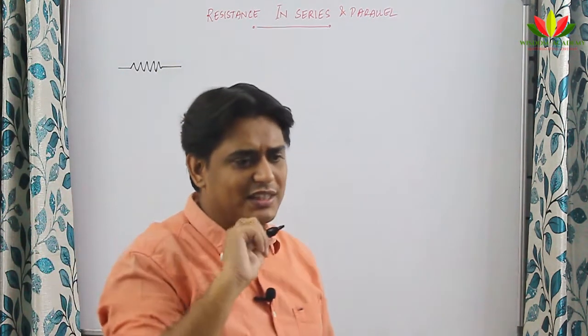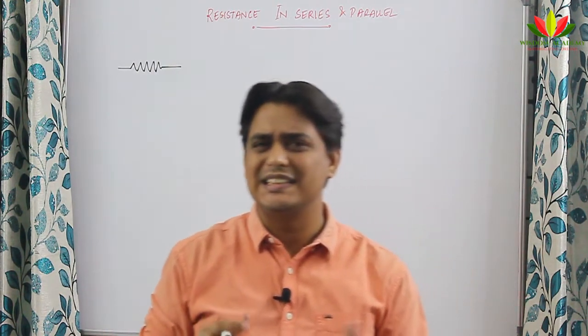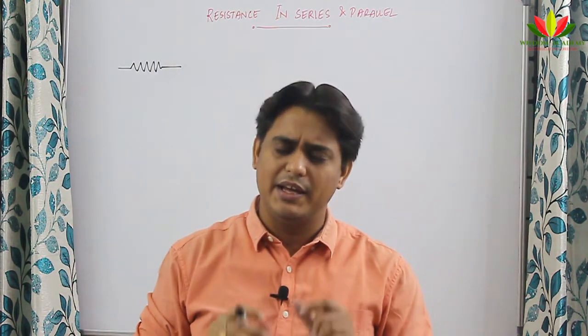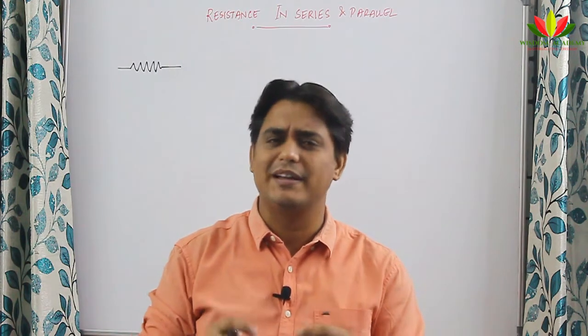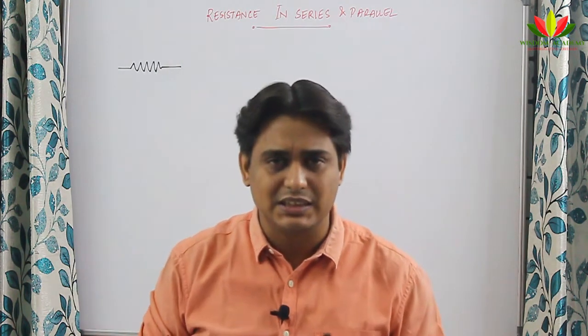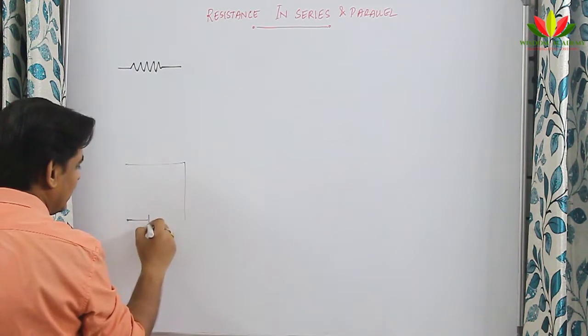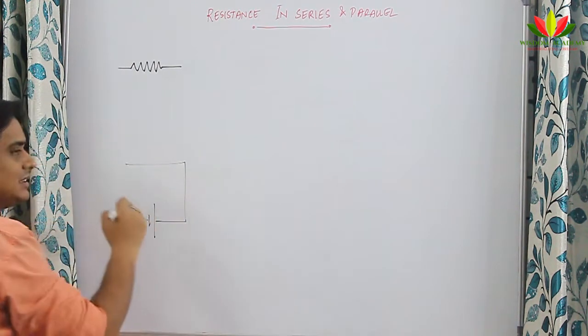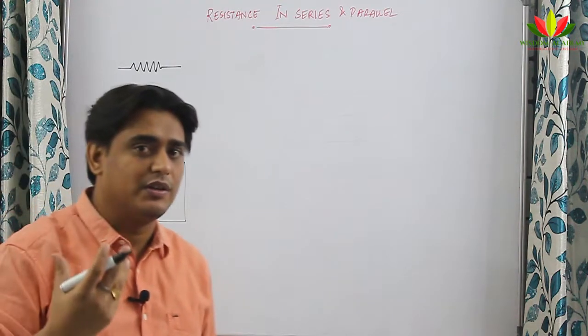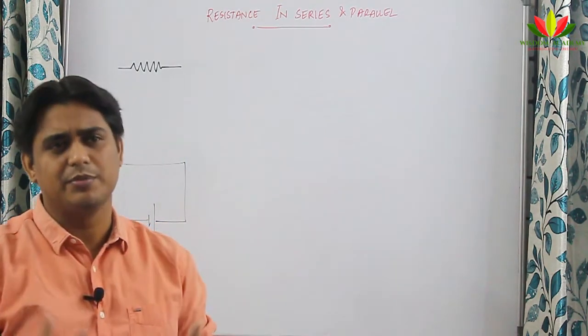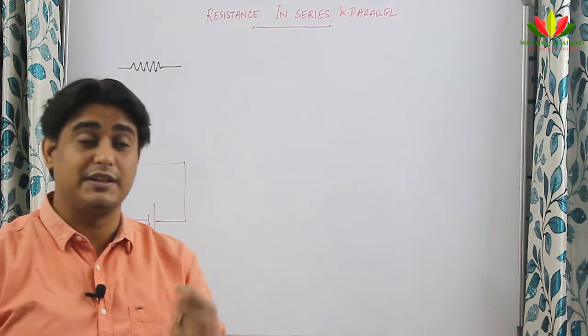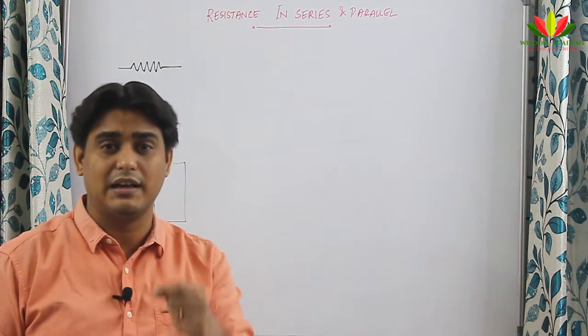If some of you are wondering where we see this resistance, first of all, let me tell you, every wire or every material will have its own resistance. Suppose I have a simple wire in a circuit, this wire itself will have some resistance based upon what it is made up of. If it is something like aluminum or copper, it will have resistance. If it is gold or silver, it will have less resistance.